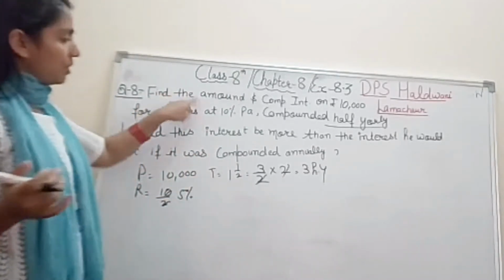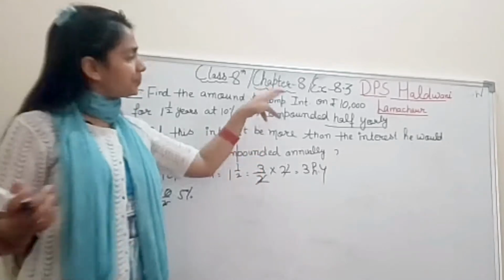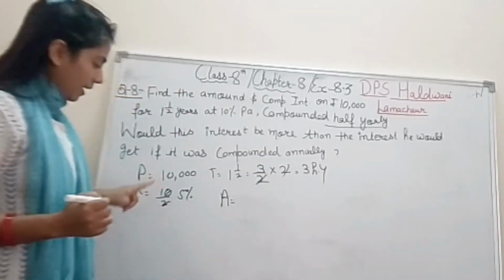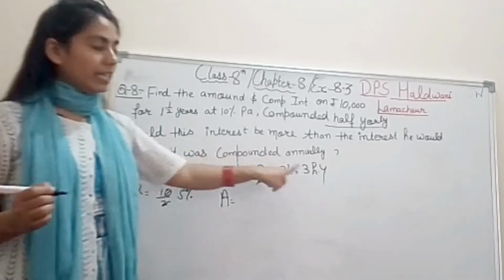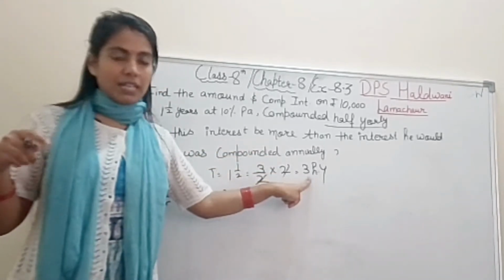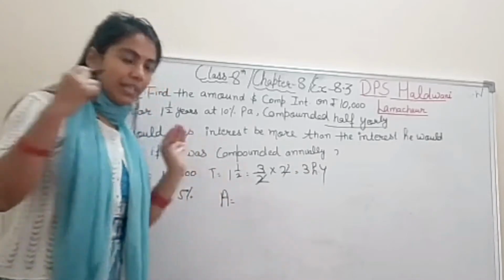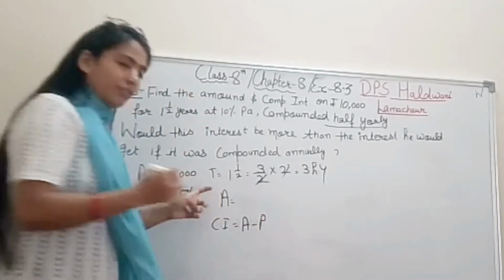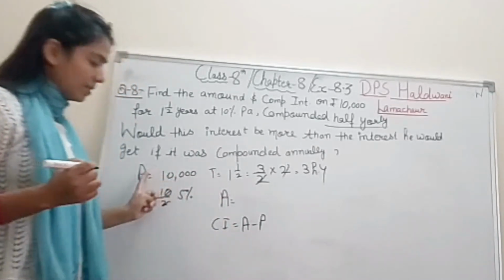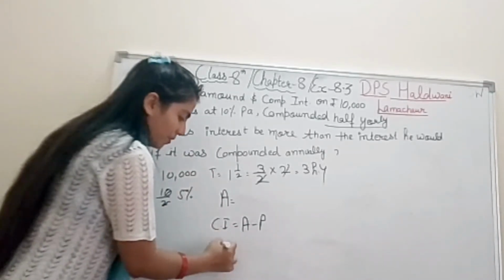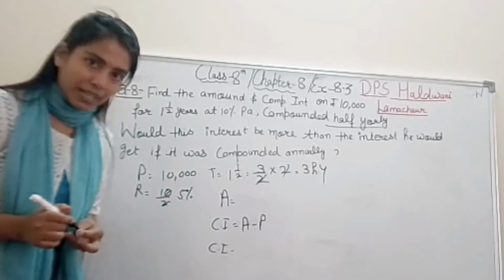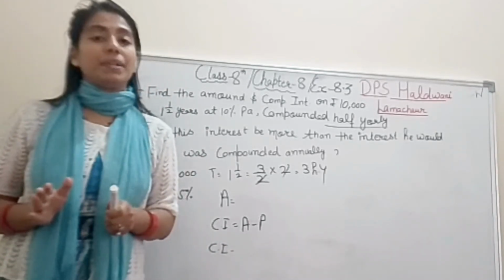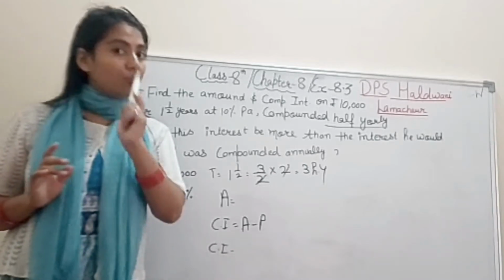Now very simple. Question is amount and compound interest. So for amount, you will put the formula P into (1 plus R upon 100) to the power T. Then calculation is there. After taking out amount, compound interest is A minus P. Whatever will be the amount, subtract principal, that will be the compound interest. Simple, student, right? Again and again same conditions and same questions are coming. So the calculation part you will do.